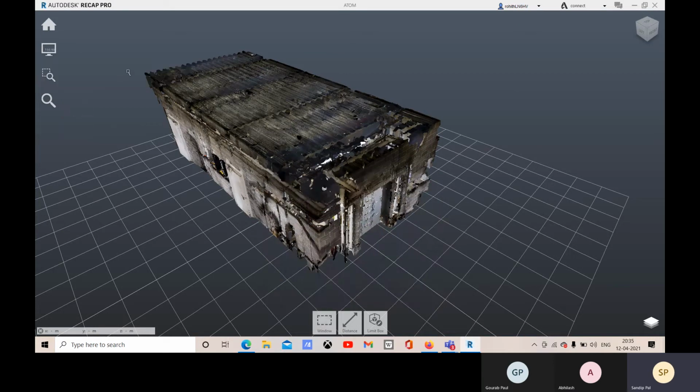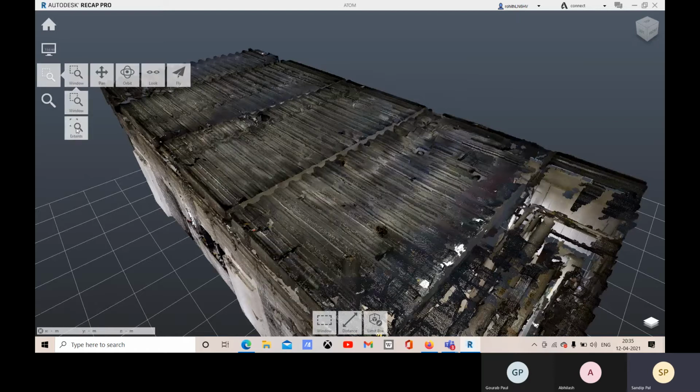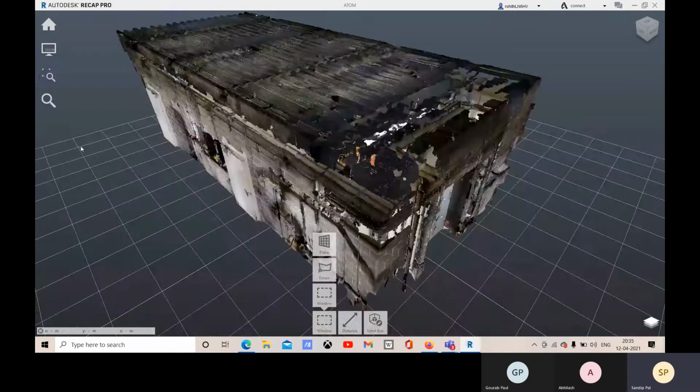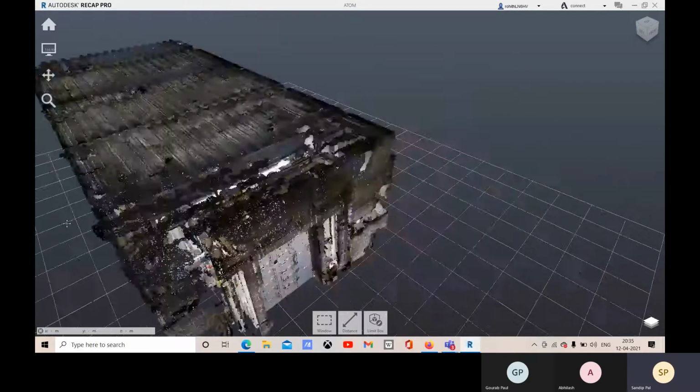If you go for window, you create this window, and this is zoom. This is similar in other Autodesk software. This extend option means you zoom the whole project. You have this pan option, so you know how to pan it.